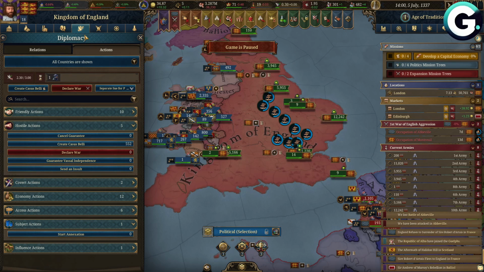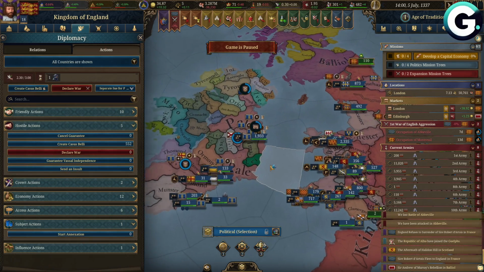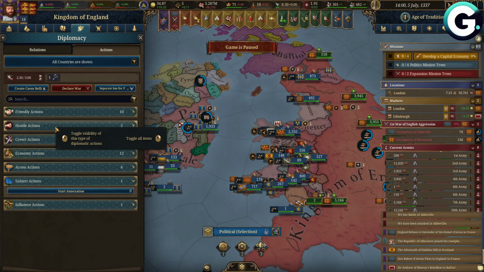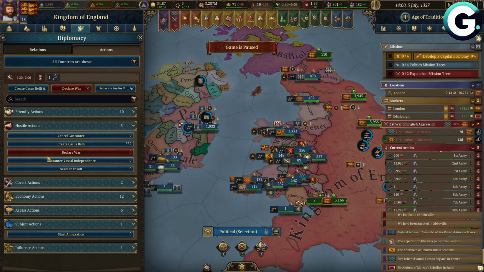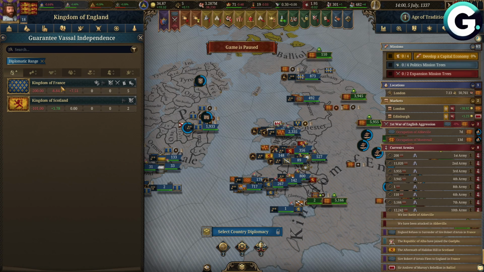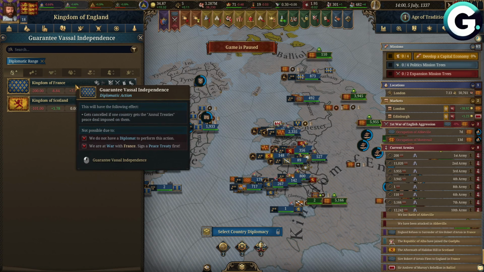So what you'll need to do is basically go and click on diplomacy right here. After that, go to the actions, and right here you'll see hostile actions, and you'll see guarantee vassal independence. If you click on that one, you will be able to select the country, and for that it will